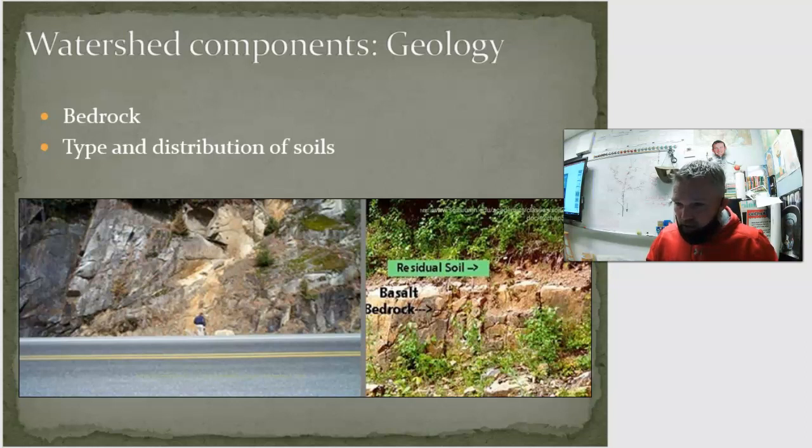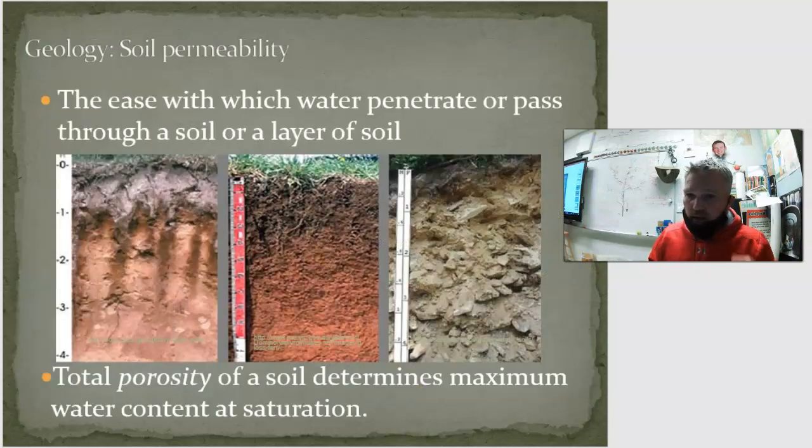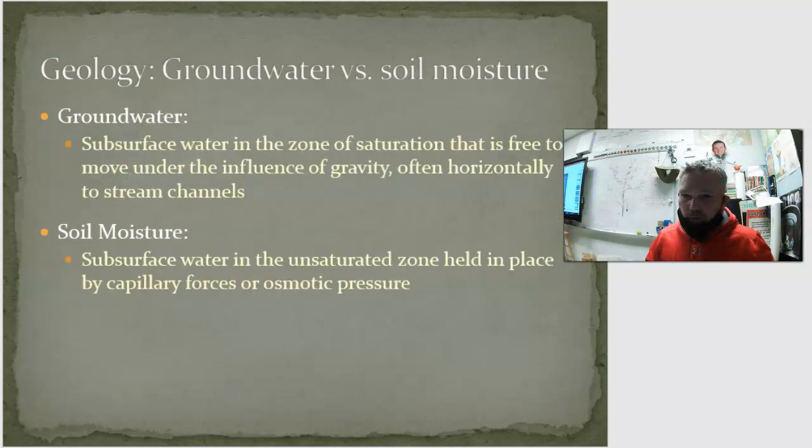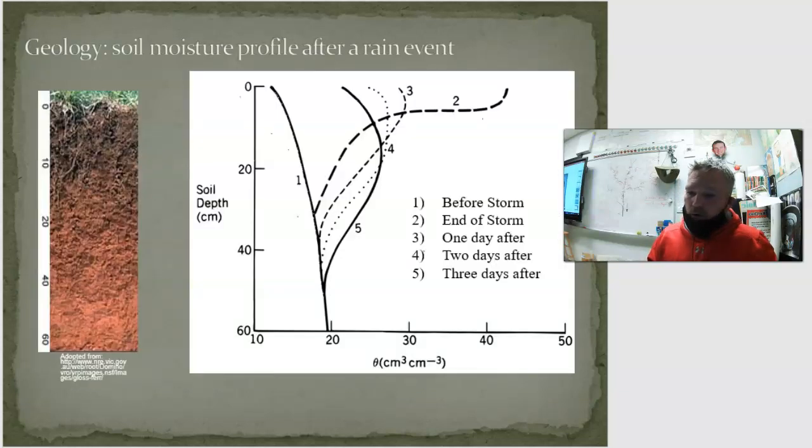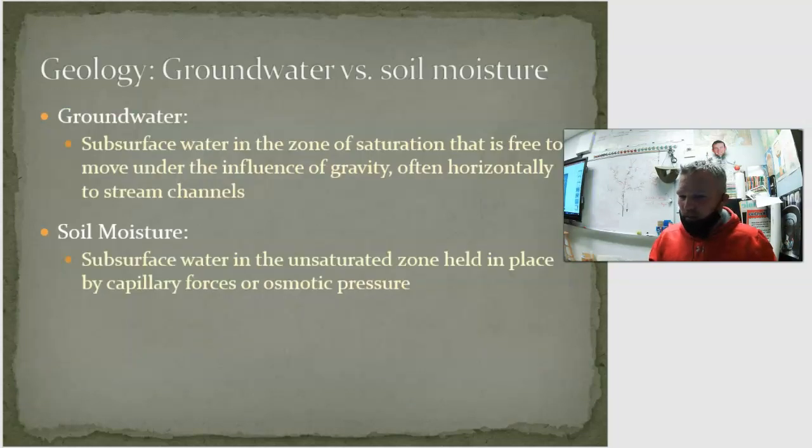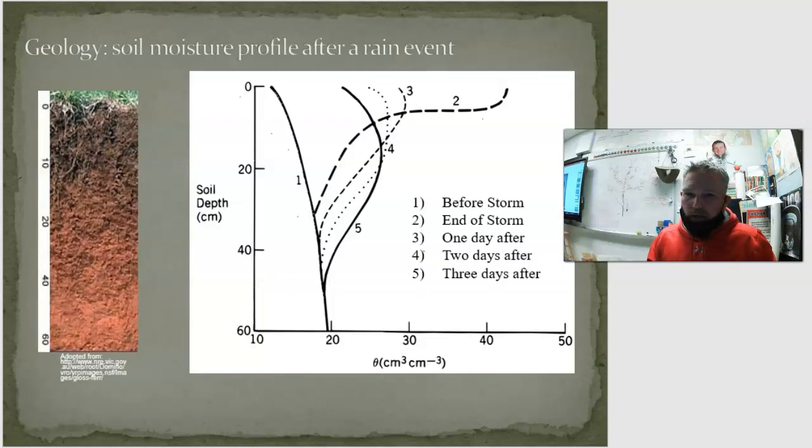Next is soil permeability. We won't worry too much about that. Groundwater, soil moisture, we're not going to talk about either. That's not as important. This, I do want you to see, this is going to relate to runoff, and runoff is going to be our primary carrier of pollution. So our soil actually can help limit runoff.